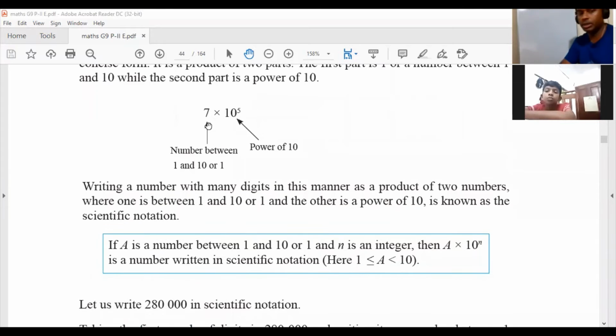Now you learn the scientific notation. Shall we write down that in our writing book as a note? Look, here you may write like this: A multiplied by 10 to the power n. And draw an arrow for this. Write it as